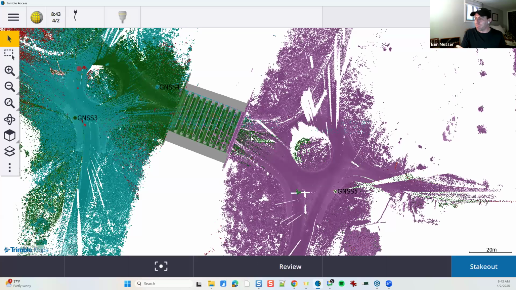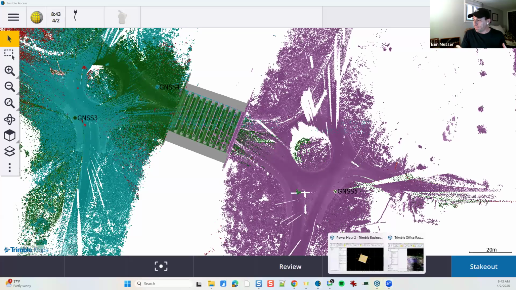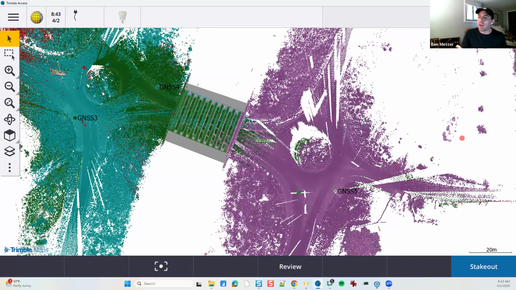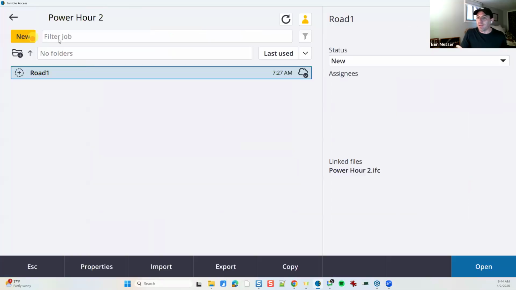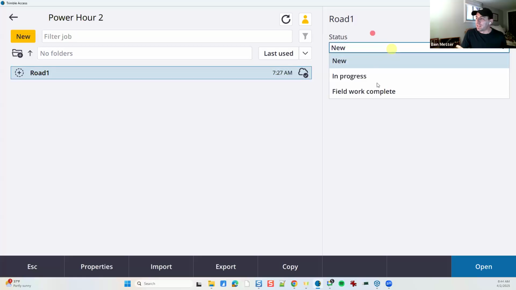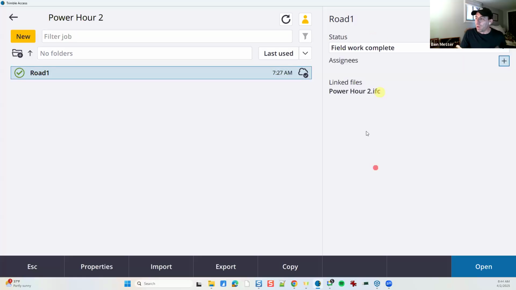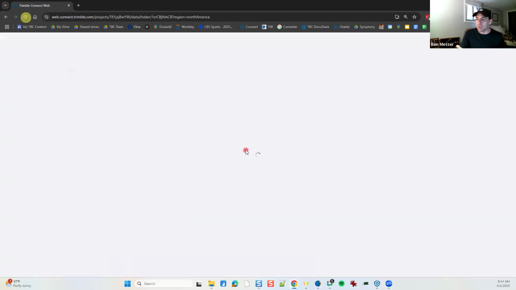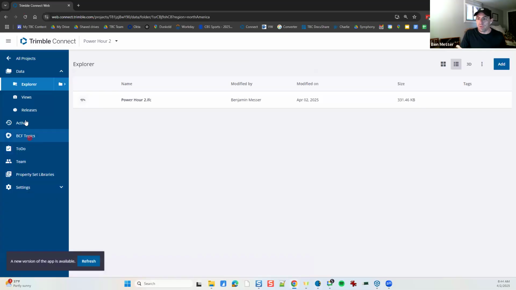So in this case, I'm doing a bunch of work. Again, in the office, I have my TBC project, just that IFC file. Now I want to take this back to TBC. So with that job file, I simply need to change the status of this project to fieldwork complete. What that's going to do is sync that job file to Connect. So now if I close or minimize that, open up Connect, I do refresh, and I go to, oh,